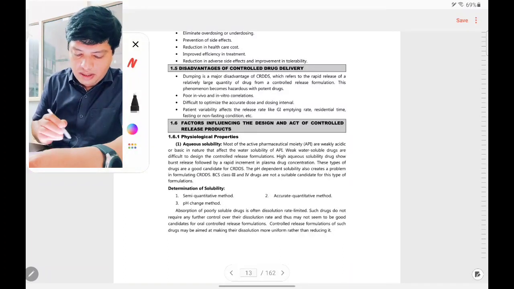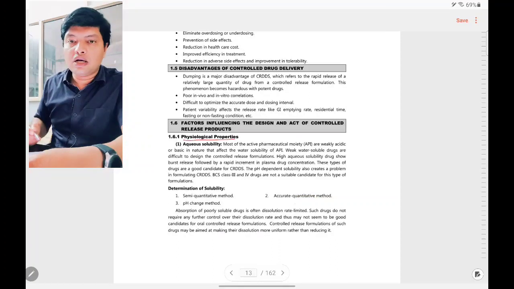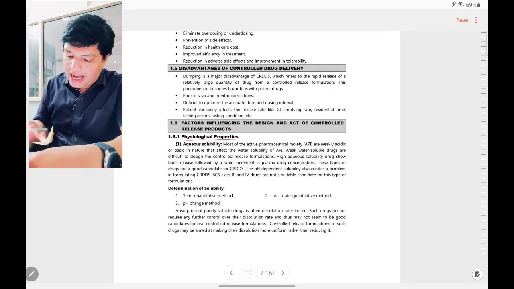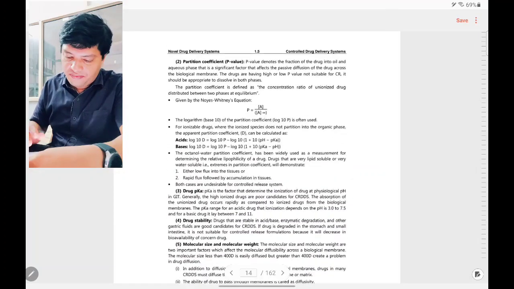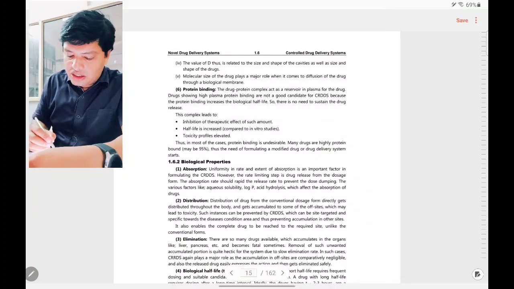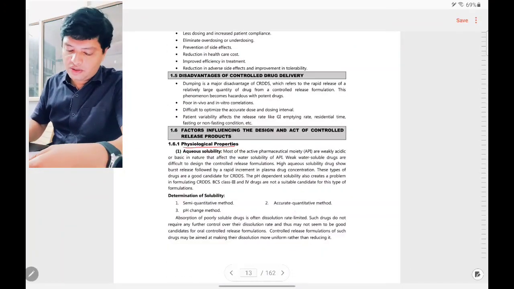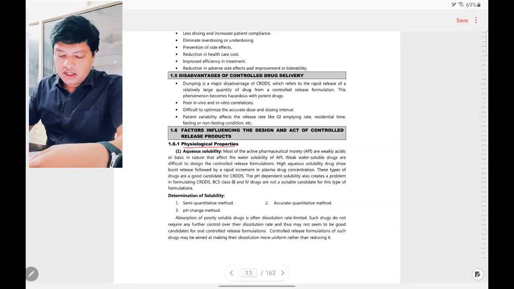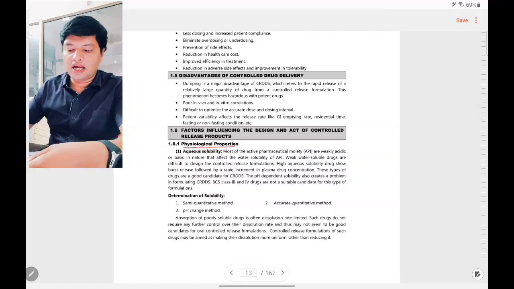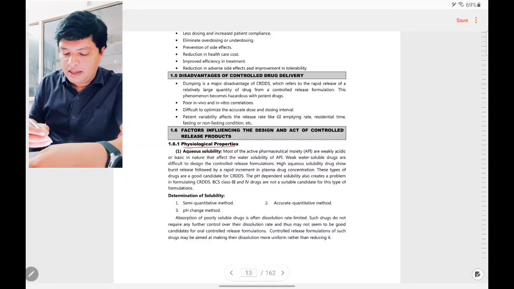Yeah, we can take this one. Okay, physiological properties, and we have the other thing, biological properties. Check this one. The first one is physiological property. In that we will study what the physicochemical properties of the drug are, as well as some other properties which I am going to deal with in the later part.